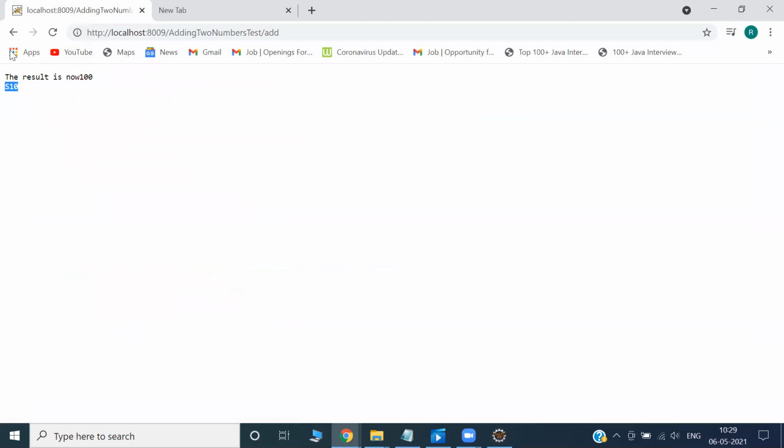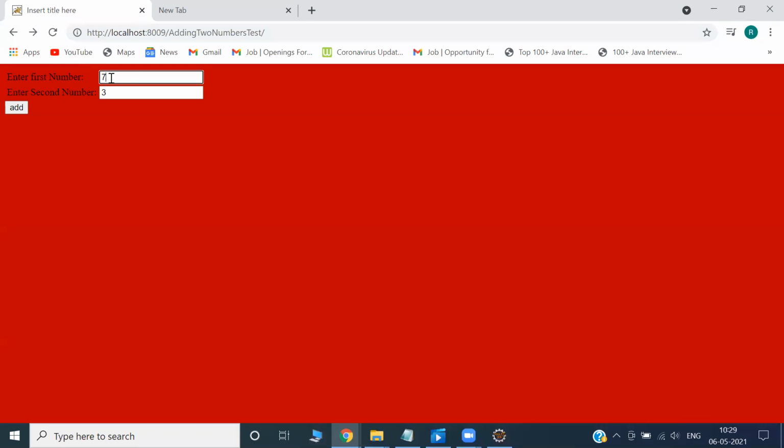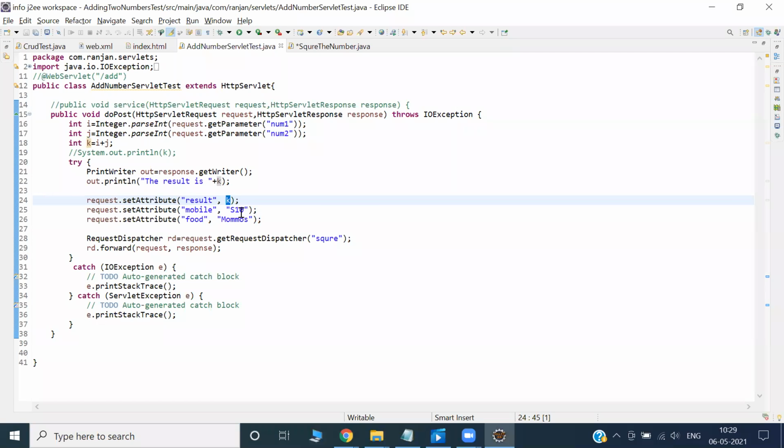Let's say tomorrow you put something in place of 10, whatever value will be set dynamically. But this value is static. Suppose you want to send the value dynamically, that is also possible. But here I'm setting the value because you know what you are ordering, because somebody is coming from USA.